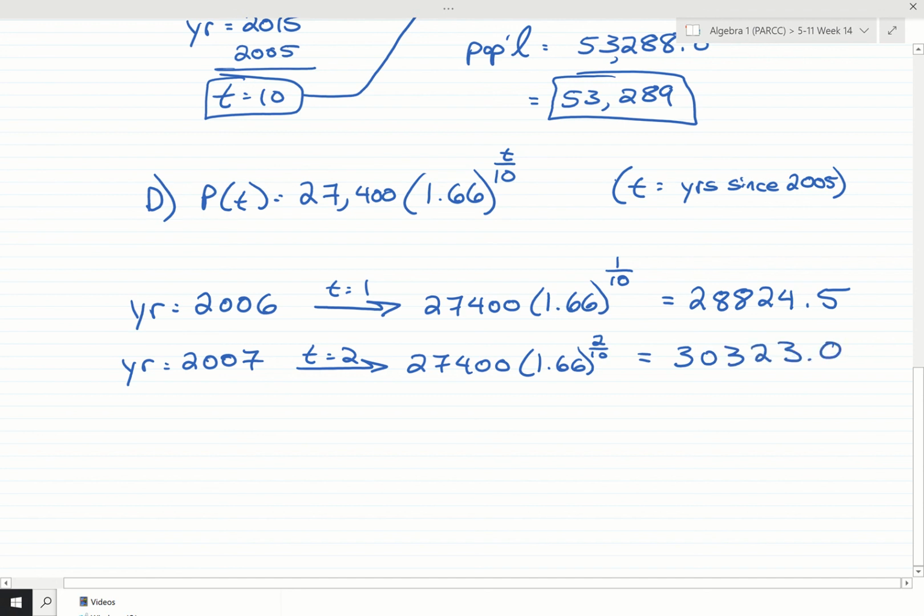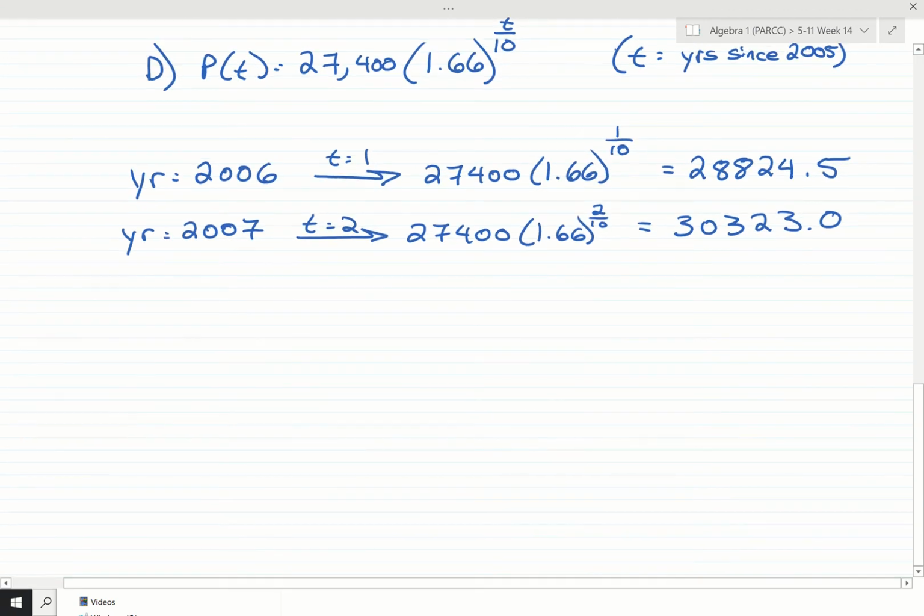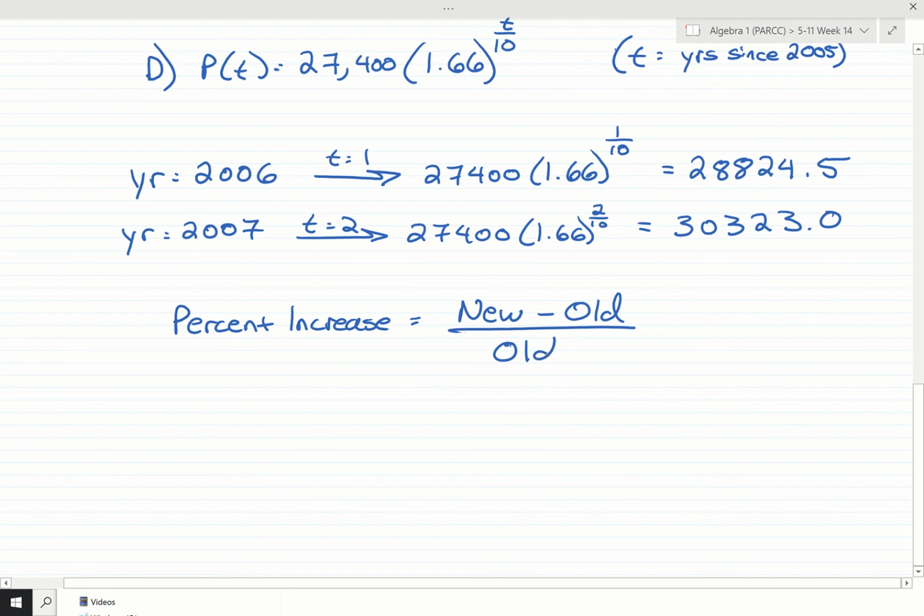Now we're looking to see by what percent does it increase per year. So the way we figure out percent increase is we use the formula new minus old divided by old. So for this problem, if we let 2007 be the new, 2006 represent the old,